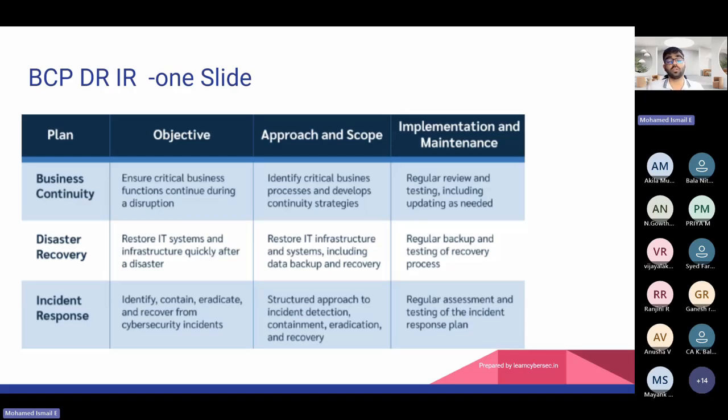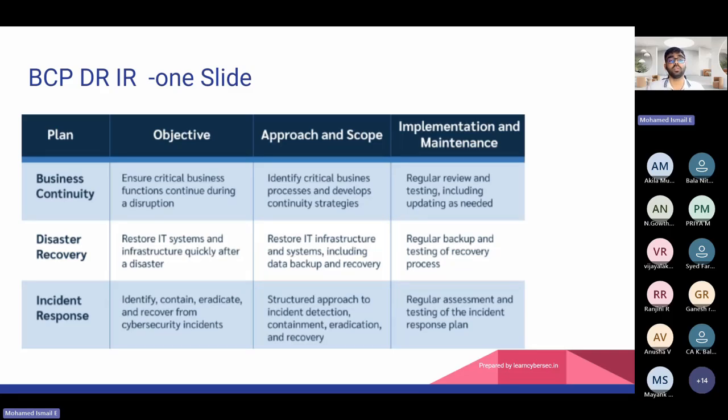What are cybersecurity incidents? If there is a disruption to confidentiality, integrity, or availability in the form of cyber threats, it could be social engineering, hacking, or insider threats. Anything related to systems and cyber or network infrastructure vulnerabilities. These all fit into incident response.